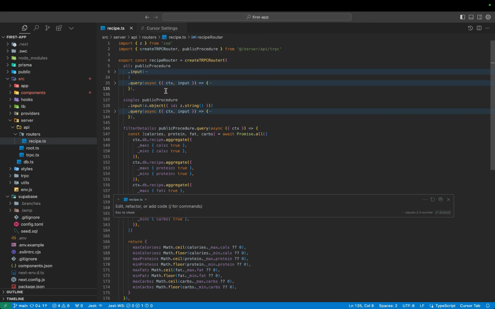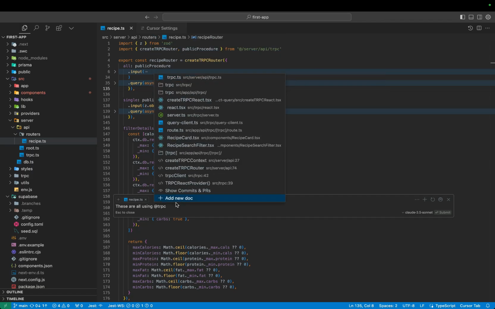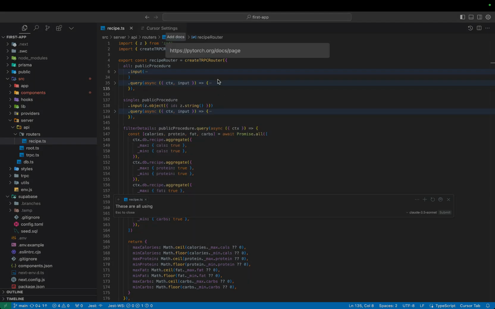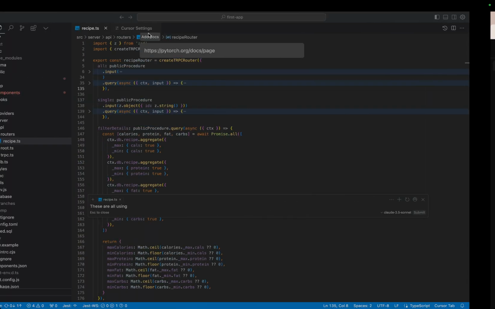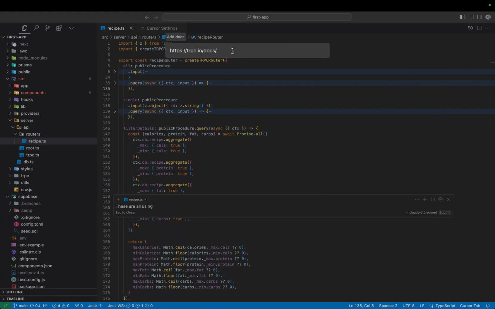So let's restructure this. We open up Composer using Command I. First, I'm going to tell it that I'm using tRPC because it might not be obvious. It's a newish library, but mainly because I want to show you how to add docs for libraries, especially anything that the LLM might not have lots of training data on. If we just type at, scroll down to add doc, and I've conveniently got the tRPC docs here. We paste them in,